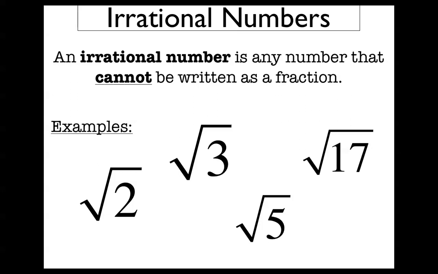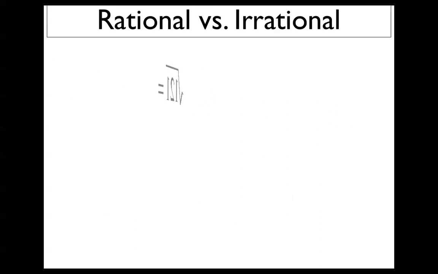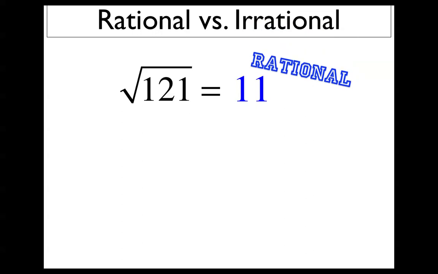And it happens a lot when you try to take square roots of numbers that aren't squares of anything. Like 2 isn't anything squared, and 3 isn't anything squared, and 5 and 17 aren't any single nice rational number squared, so all of these square roots would come out irrational. So we deal with irrational numbers mostly when we deal with square roots. Okay? So is the square root of 121 going to give you a rational answer? No. I mean, yes, it's going to give you a rational number, not irrational, because 121 is 11 times 11. That's rational. But the square root of 2,